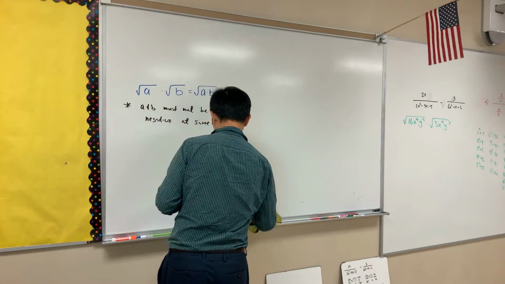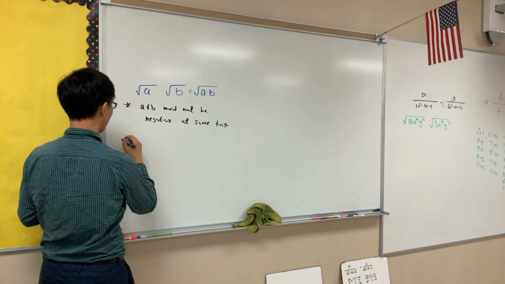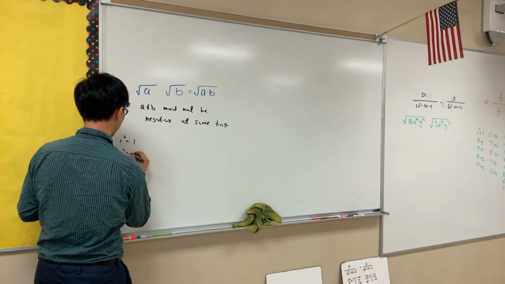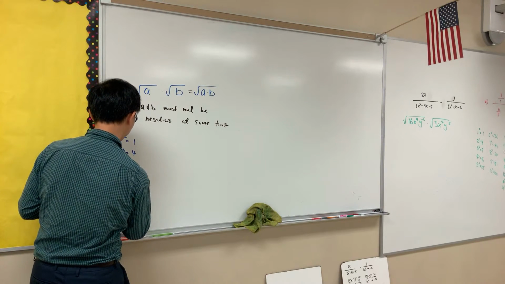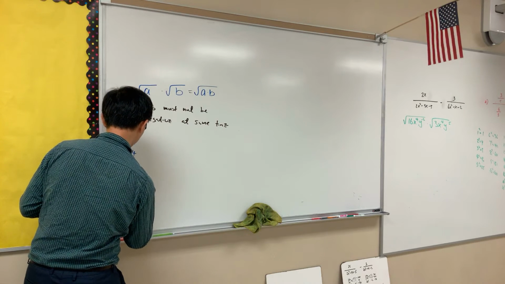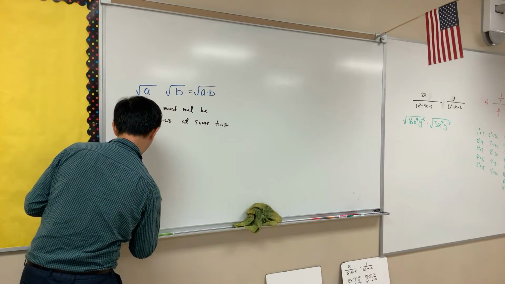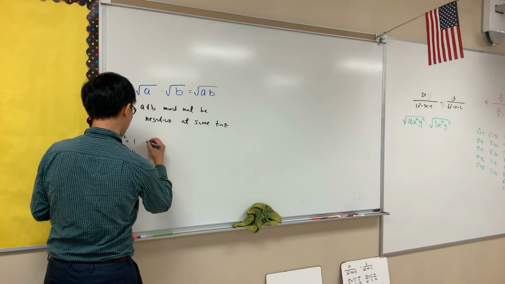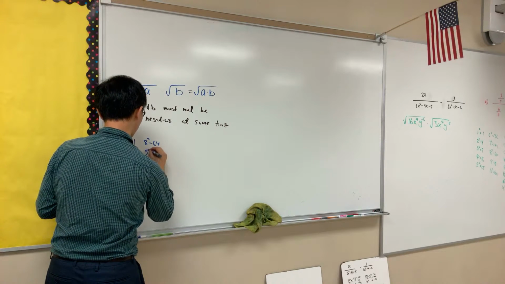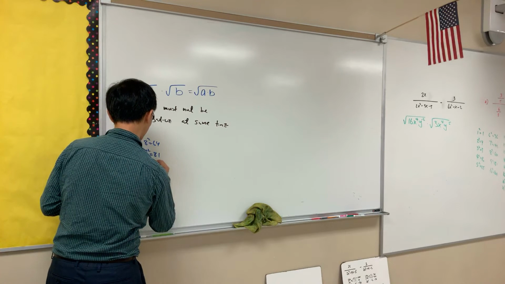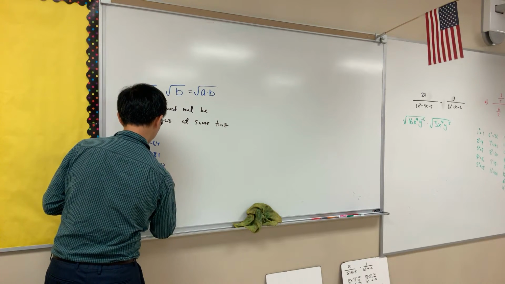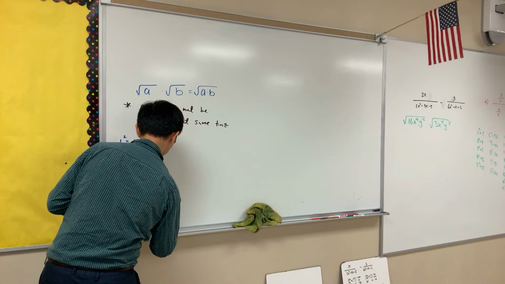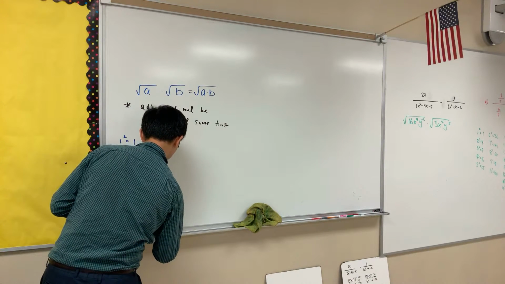We're going to write down all the perfect cubes and perfect squares. So 1 squared I wrote on the other side, but I'm going to rewrite it again. 2 squared is equal to 4, 3 squared is equal to 9, 4 squared is 16, 5 squared is 25, 6 squared is 36, which you don't have to write down, 7 squared is 49, 8 squared is 64, 9 squared is 81, 10 squared is 100, 11 squared is 121, 12 squared is 144, 13 squared is 169, 14 squared is 196,